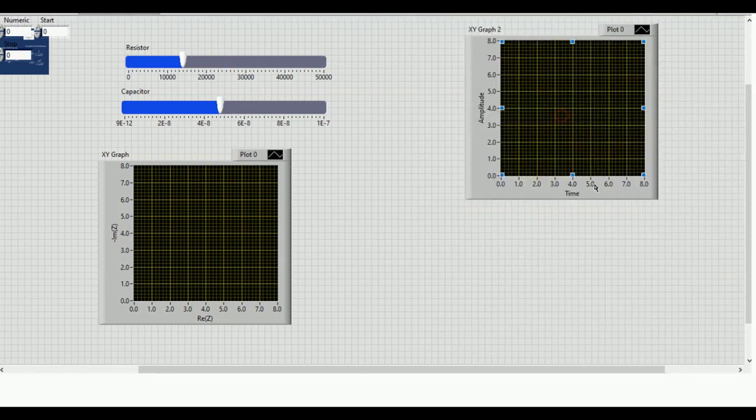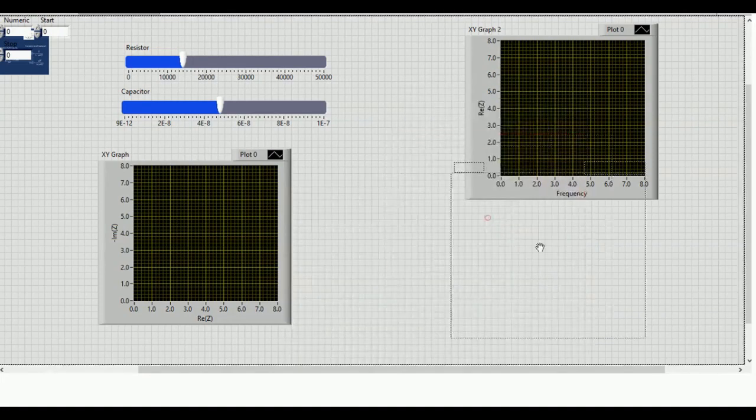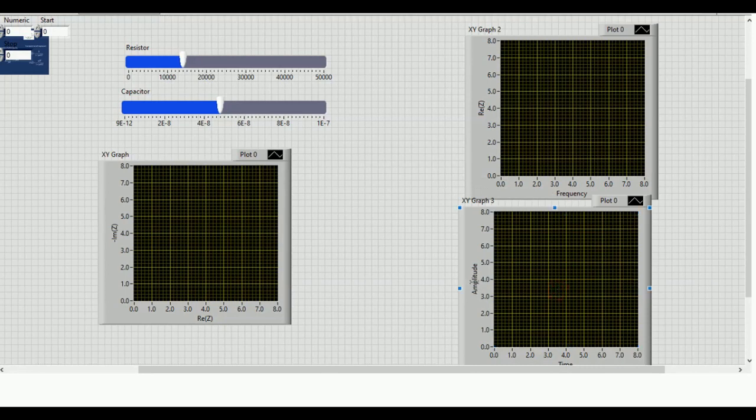So this will be real z versus frequency, and one more we need, that is the negative of imaginary of z, and this is the frequency.